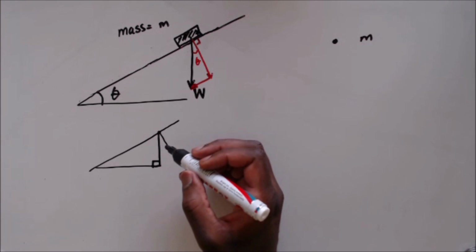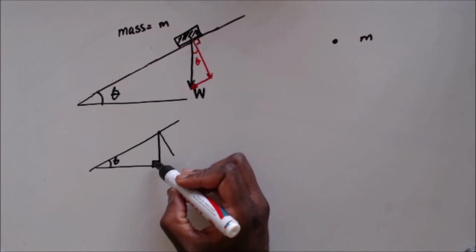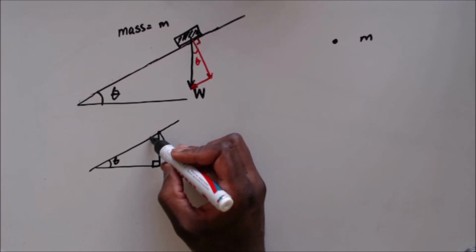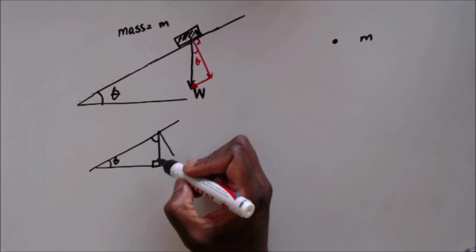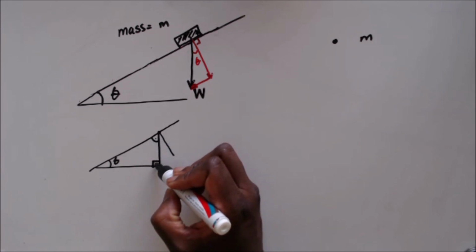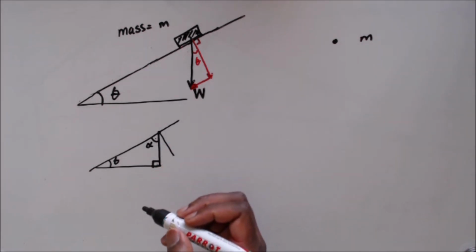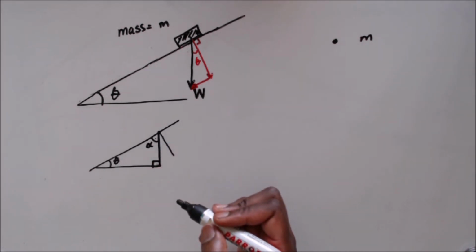So it then follows that this angle being theta, that being 90, that angle there is such that when you add that angle to that angle and to 90, you should get 180. So this angle, which I'll call alpha, can be represented as